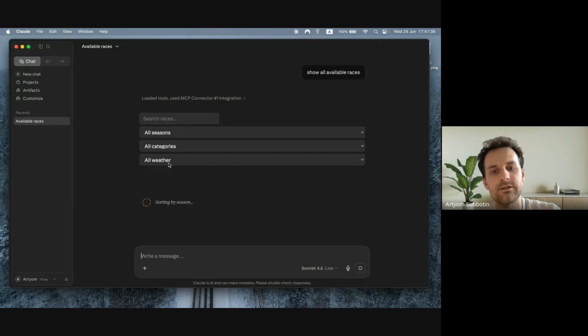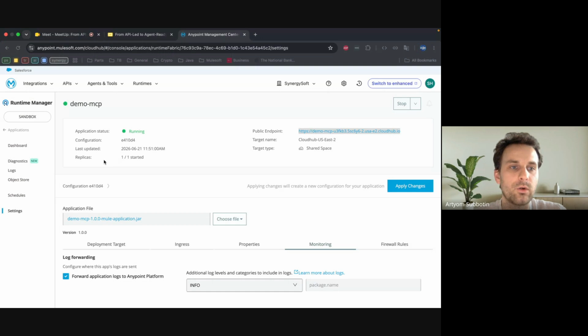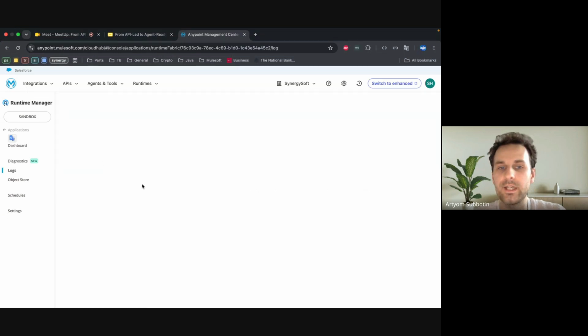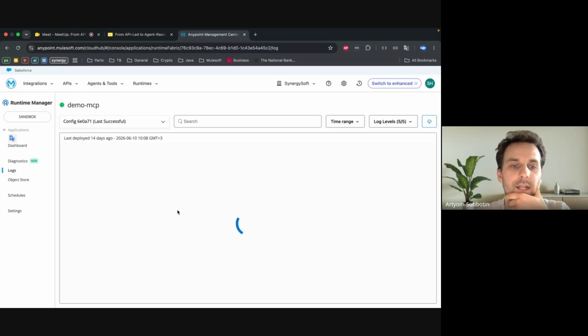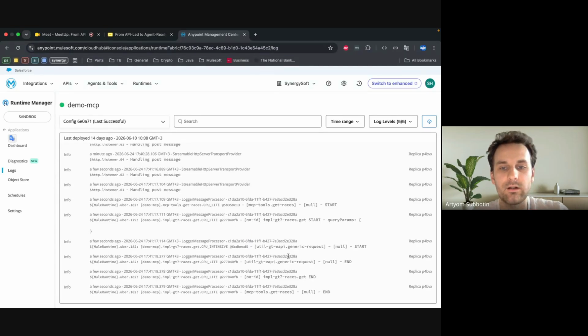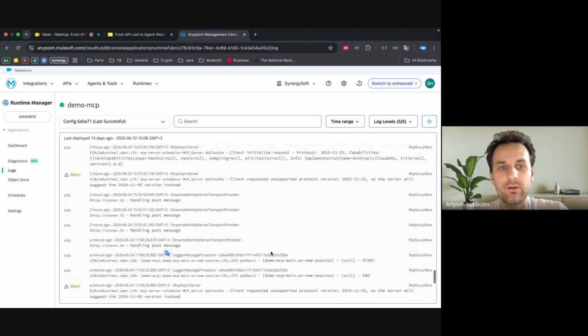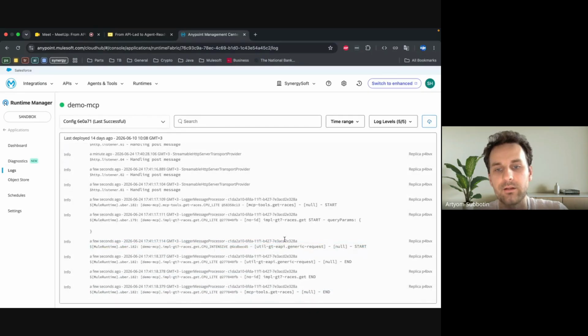But you see already that some data is coming, and if I go to this demo MCP API in the logs, I will see that the request is going through the MuleSoft demo MCP API. It means that everything is fine. We are good at this point.